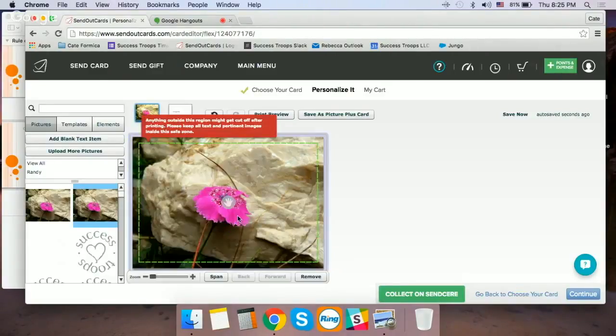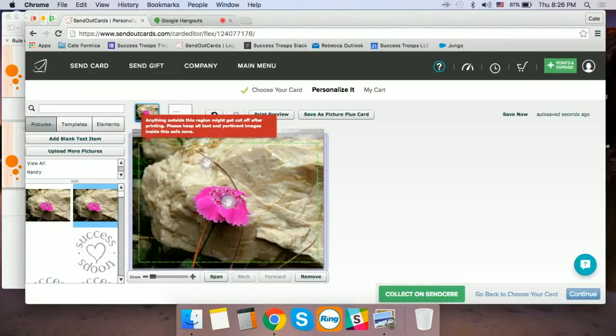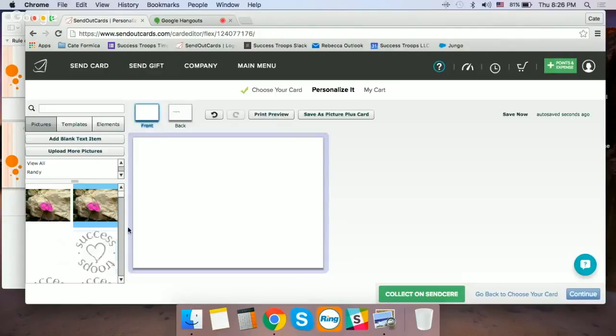That flower, and again, I would prefer it's a little more to the left and just a little lower. I like that flower to be right here, but the photo's large enough and it's shrinking it to a postcard, so it won't let me move this. It'll let me move it up and down a little bit, but not left and right. And so I'd have to just adjust the photo.